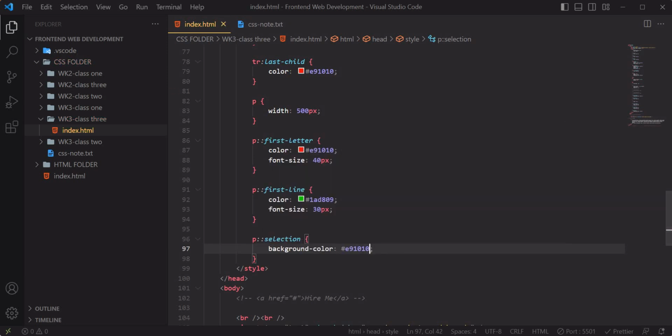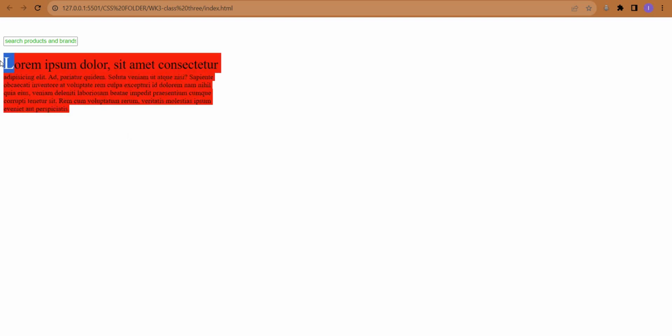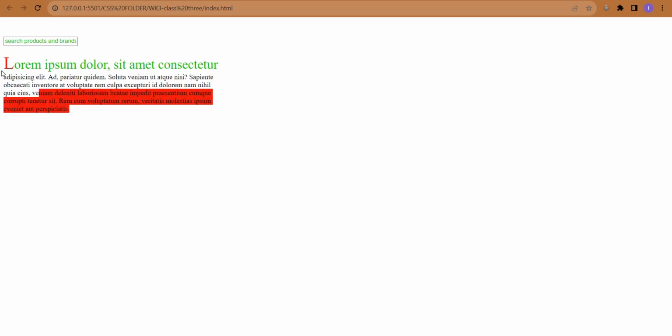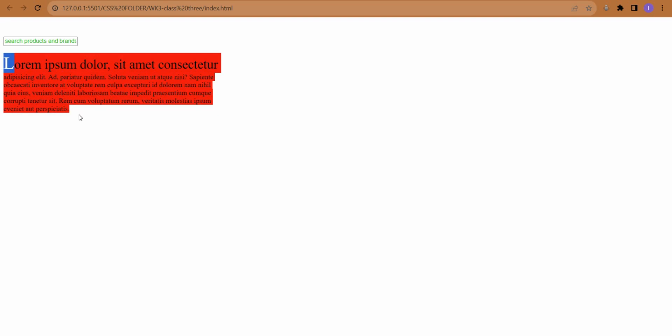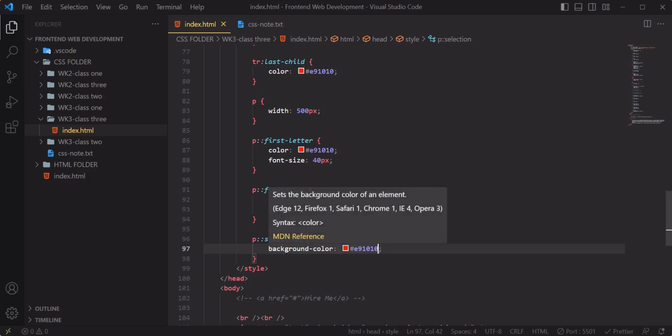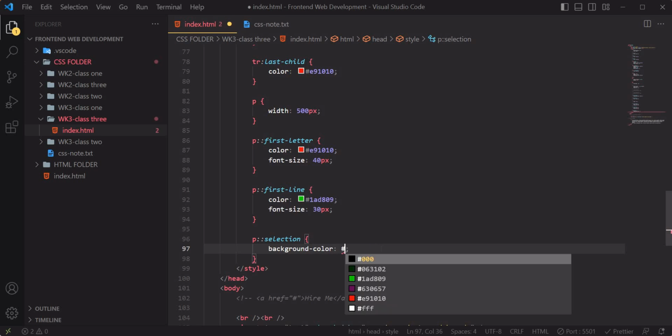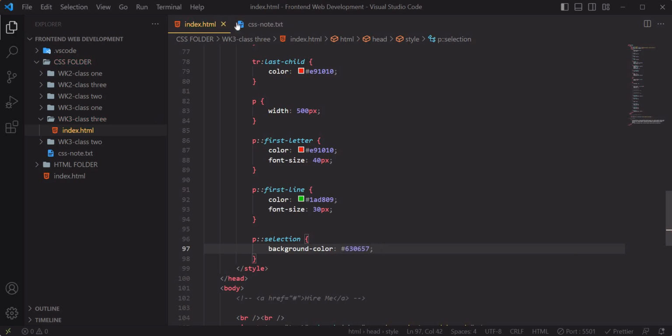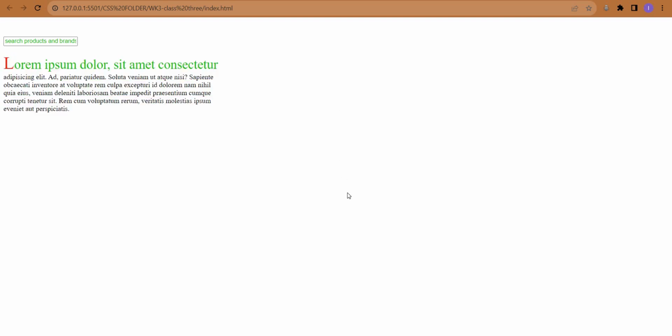So let's save and let's do it again. Now watch. Can you see it? Can you see? So this other one is because it has this particular color, so it has to be very different. Or I can also change the color. I can do something else. I can do this particular one here. So if I save, let's see what we have. Can you see it? So beautiful. So that's that. And we also have